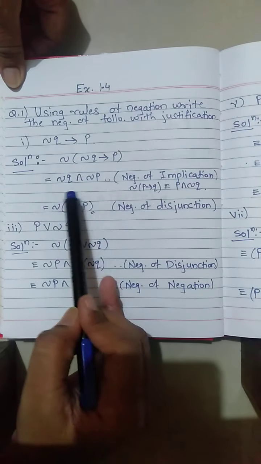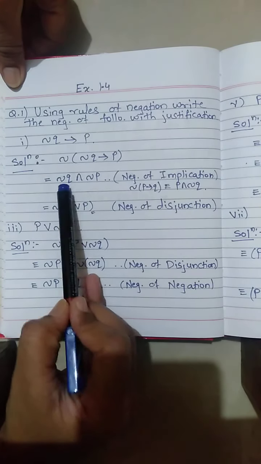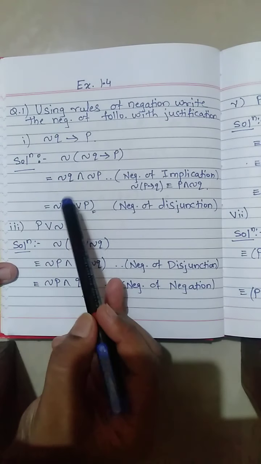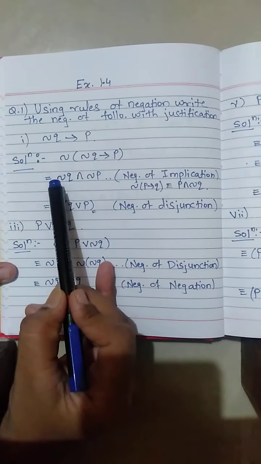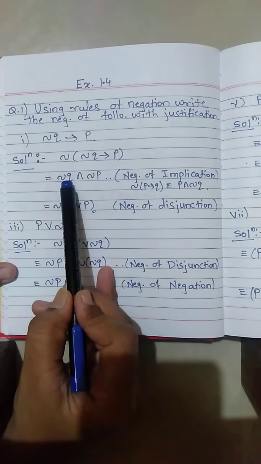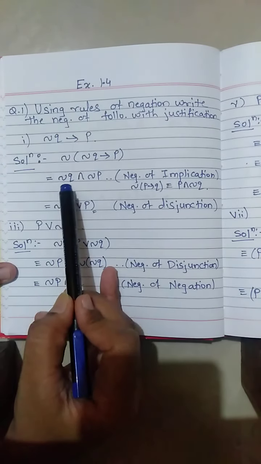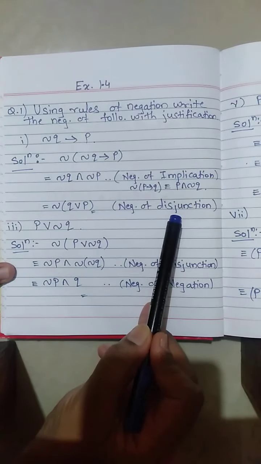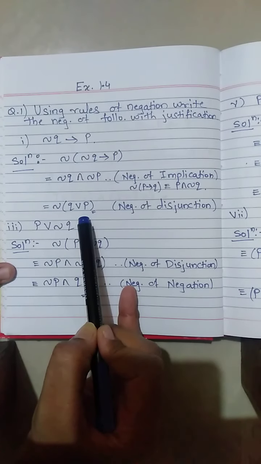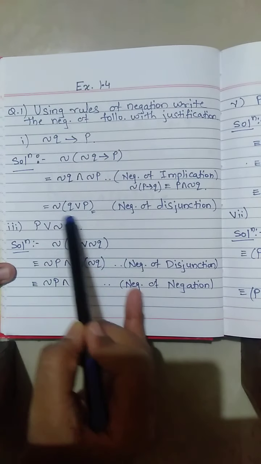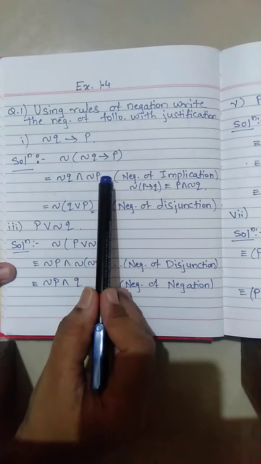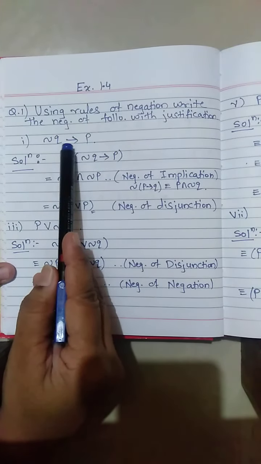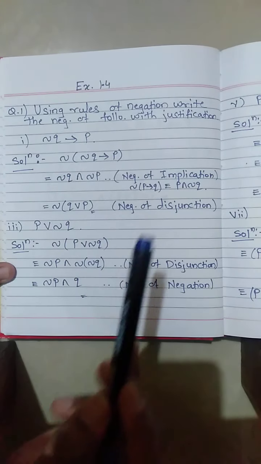Again it is equivalent to, what is the next step? Now see here, both the terms have a negation sign, so you can take the negation common. In disjunction, as we have seen, if you take the negation sign common, and is replaced by or. So it is negation of Q or P, which is a negation of disjunction. You are coming from RHS to LHS. The rule of negation of disjunction had this as LHS and this as RHS, so here we applied it from RHS to LHS. So this is the negation of the statement negation Q implies P.